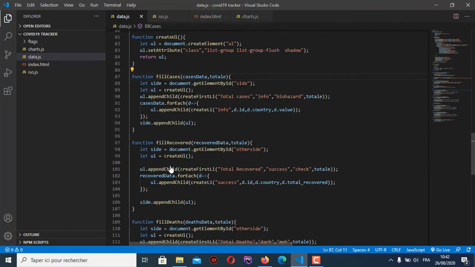This is the same logic as fill cases. We retrieve our side elements, we create the UL and we append the child. We call the function create first eli, pass our attributes, the title, the type and the icon, pass the total. For each element of our table of data, we append a child to our UL with an li